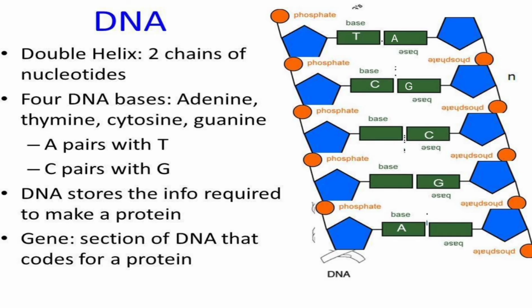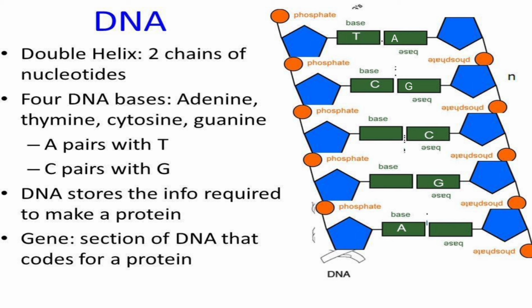Now, a DNA consists of 2 chains of nucleotides. Right, now we have learned that a single strand or single chain of DNA consists of a number of nucleotides. Right? And when these 2 chains of nucleotides come together, they are going to form a DNA double helix. The 4 bases of DNA are adenine, thymine, cytosine, guanine, where A pairs with T with a double hydrogen bond, and C pairs with G with a triple hydrogen bond. So A with T along with double hydrogen bond, and C with G with triple hydrogen bond.